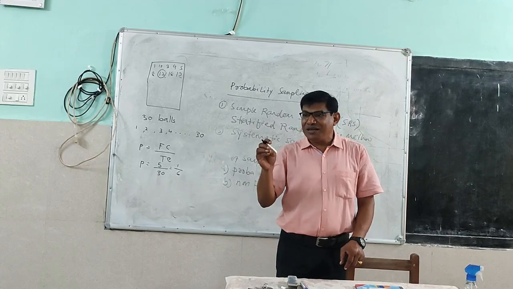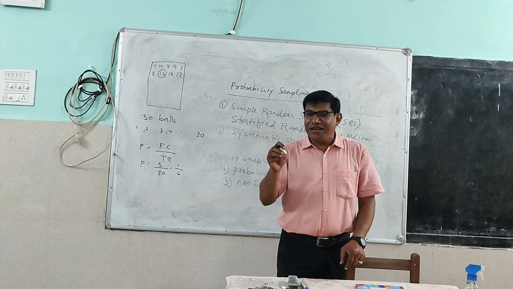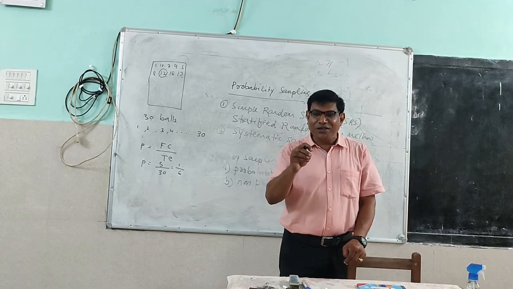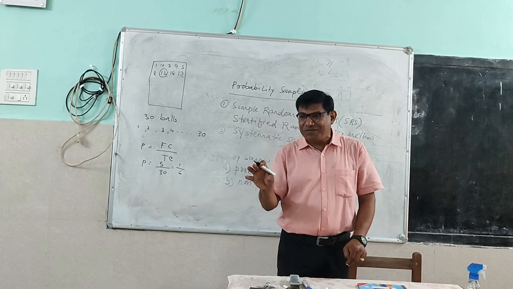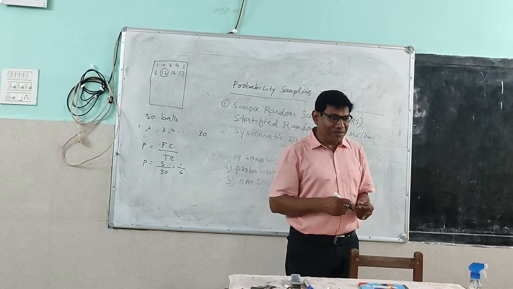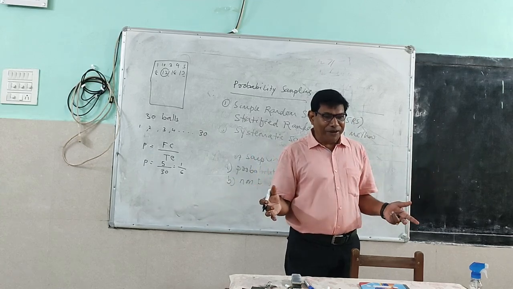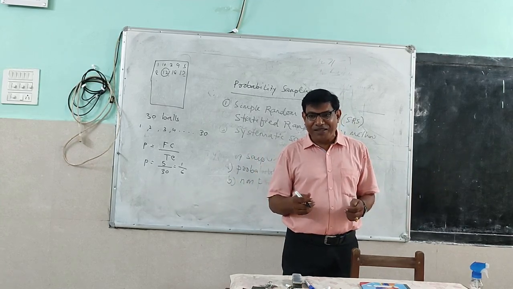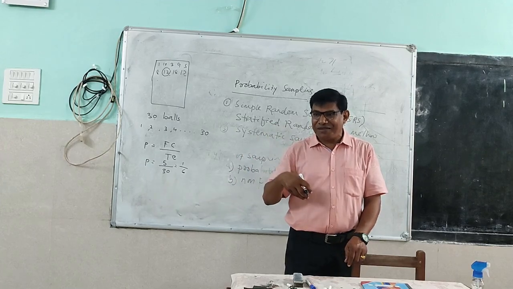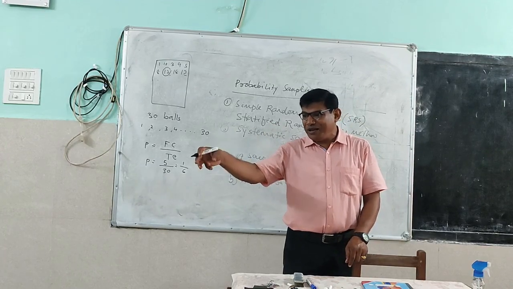Suppose in Ganjam district there are 5,000 election booths. At every booth there will be 4 persons. 5,000 into 4 is equal to 20,000. 20,000 people will be selected from different offices. There is a list of people working in different offices. Suppose 1 lakh people are working. So they will select 20,000 out of it. Randomly they will select, and they will be assigned to different polling booths.